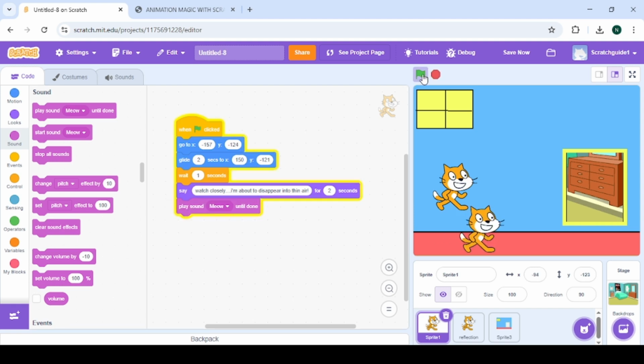So let's see. Glide from here to here. Say watch closely. I'm about to disappear. It will make a sound and it will disappear. So now we have to add that too. So we'll